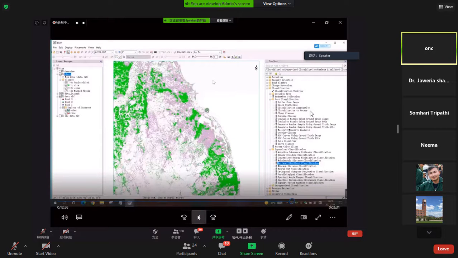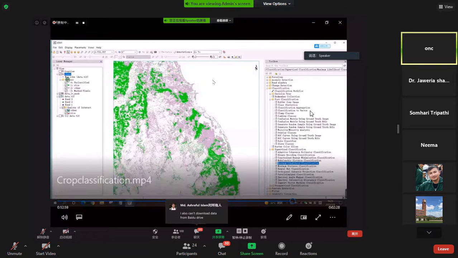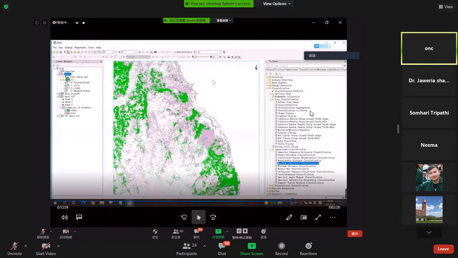In this picture, we can see that the rice is showing the green color, and the others are not highlighted. Okay. After the classification,